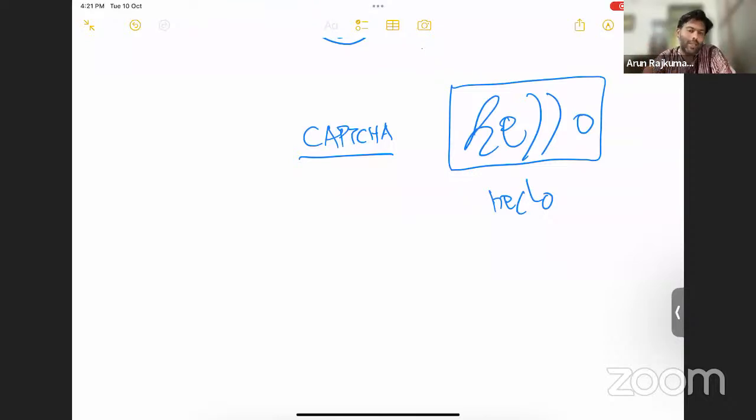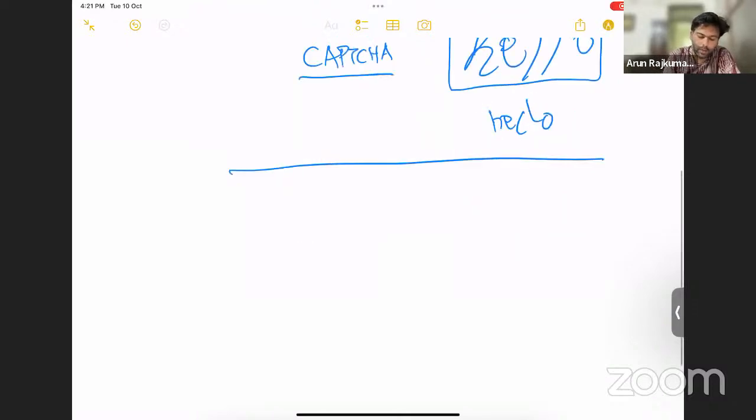But yes, in this application, we don't want the robots to crack these CAPTCHAs, but there are other applications where you want the robots or computer to actually be able to read text and figure out what the text in it is, right? So for example, a classical example would be,